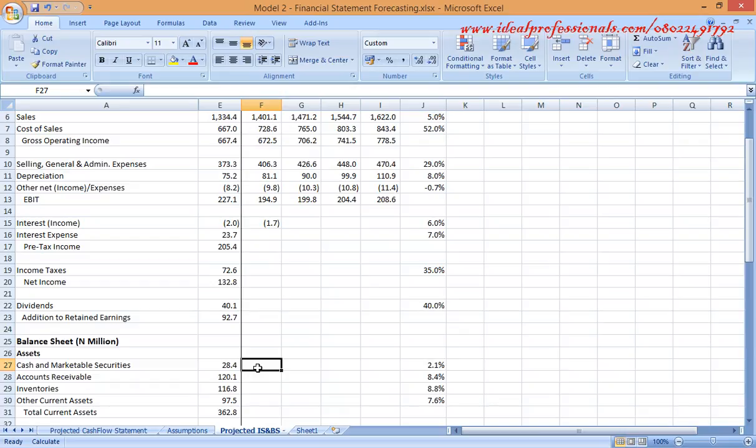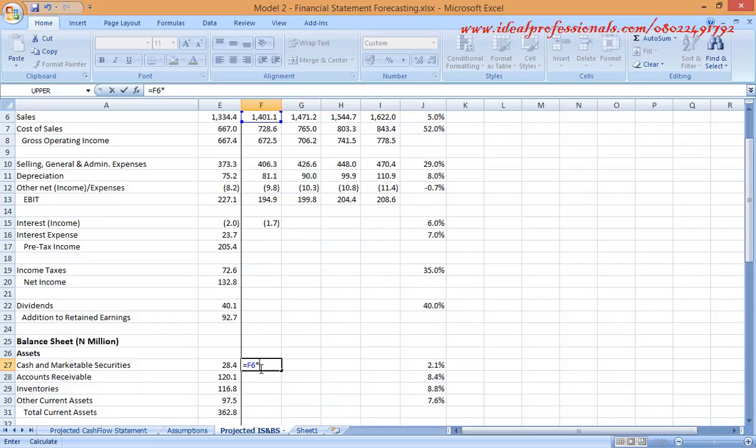That is 2.1% of sales. So I can just say is equals to F6